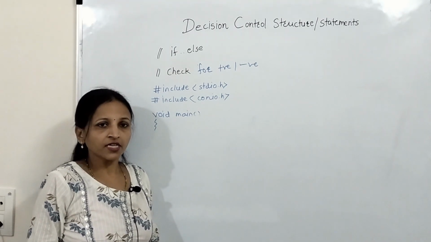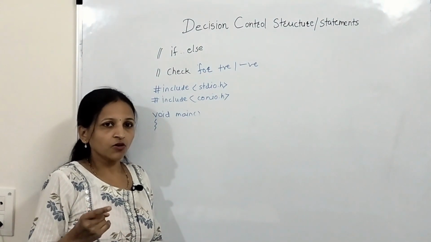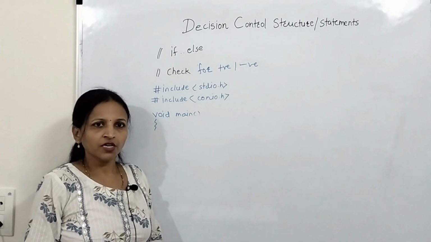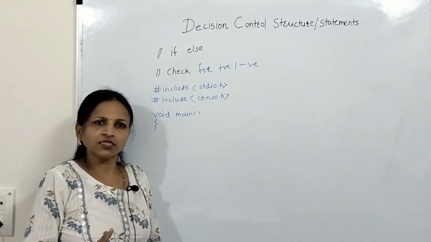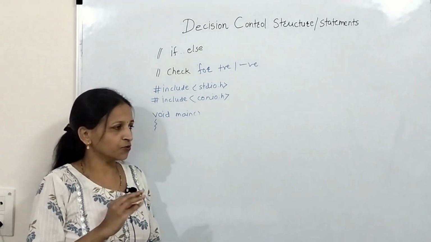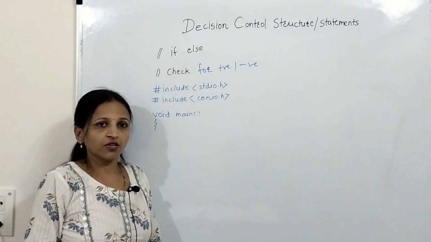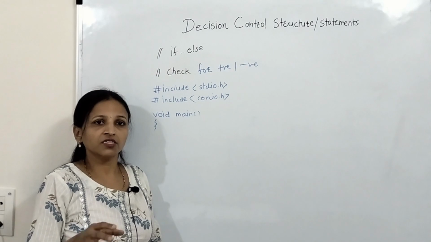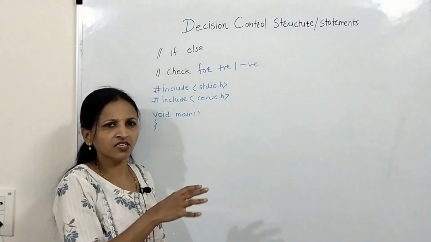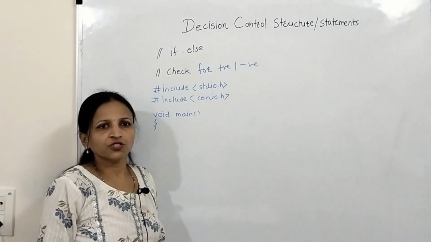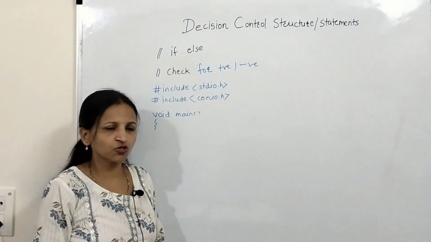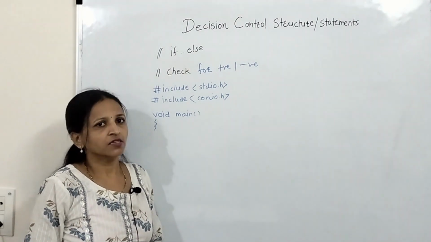How can we detect that? Suppose the number is greater than 0, then it is positive. If it is less than 0, then it is negative. That's it. This is the only logic we can use here. Here we are not considering that the number is 0; the number is non-zero. The user will enter either a negative value or a positive value. That is the consideration here, and on the basis of that we can write the program like this.